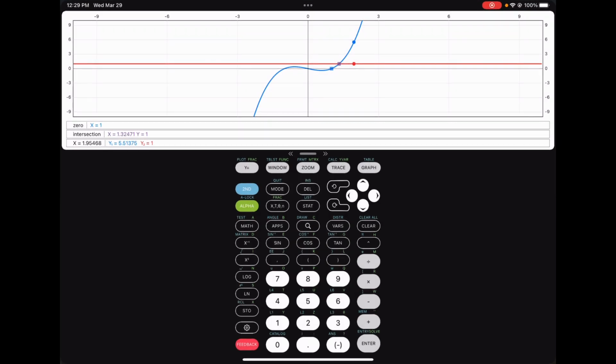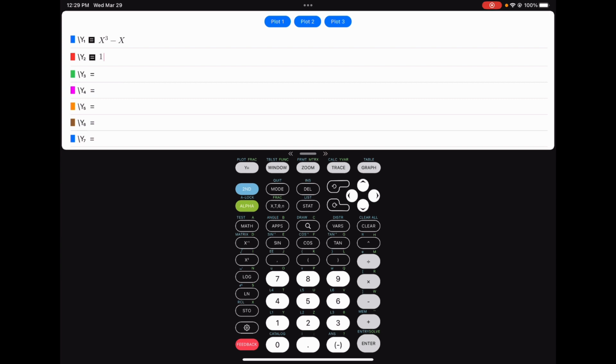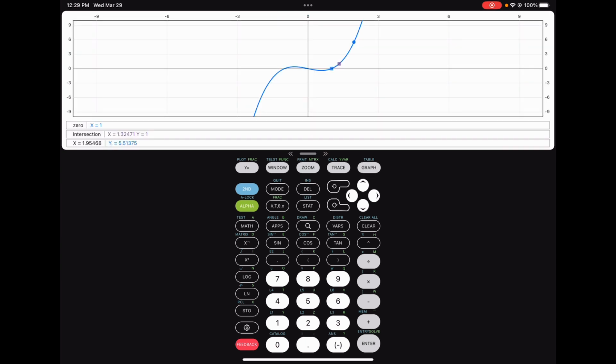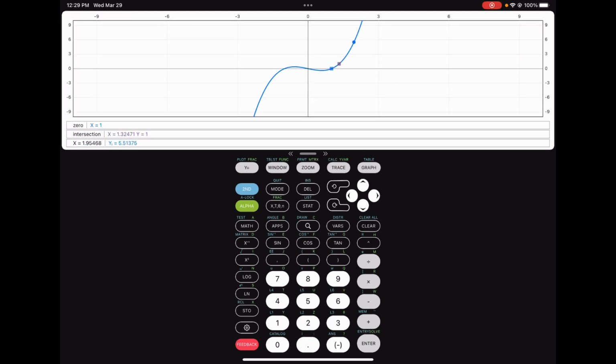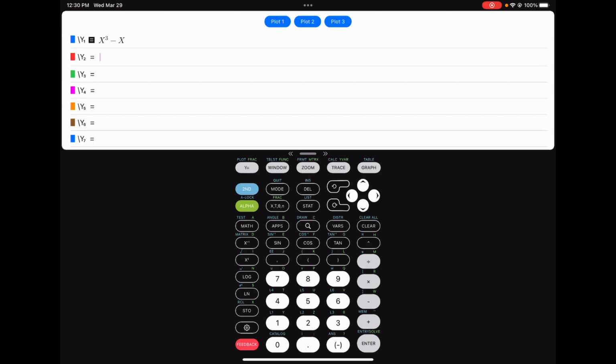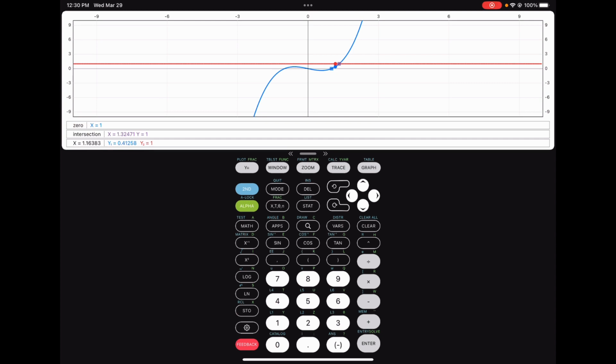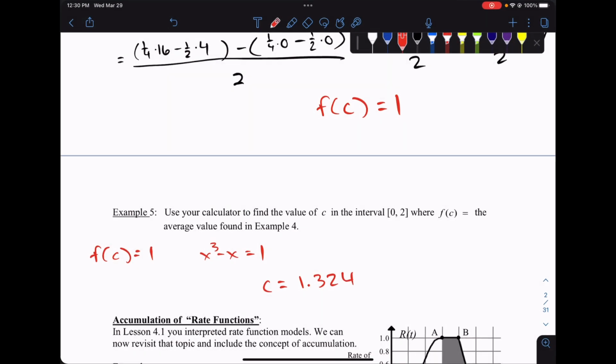The other way, if you don't want to make another equation, a lot of you like to use the table. The problem is trying to plug in an x value that gets you a nice output of 1 is difficult to do. Others I've seen just trace and try to estimate what it's going to be. They just keep moving back and forth until their y gets close to 1, which again, I don't think is a very good method. So I prefer y equals 1. That's how we've done it in the past, and that's what I would do if I was you. Okay,